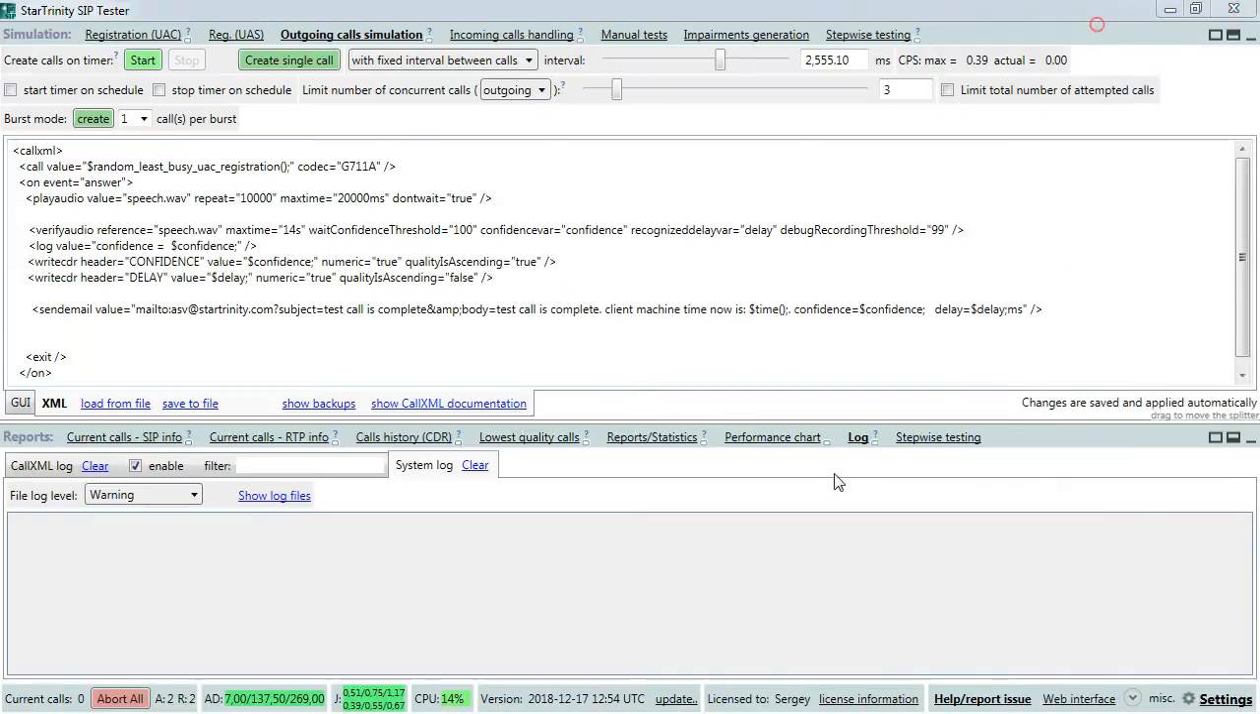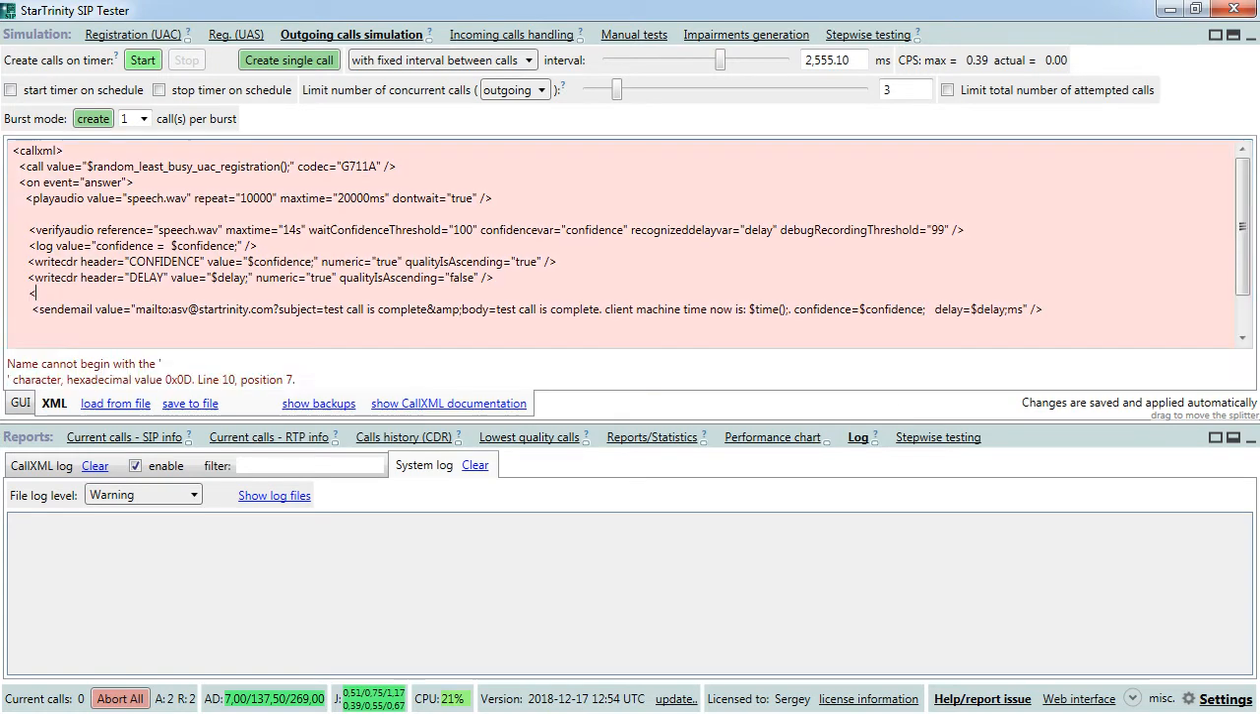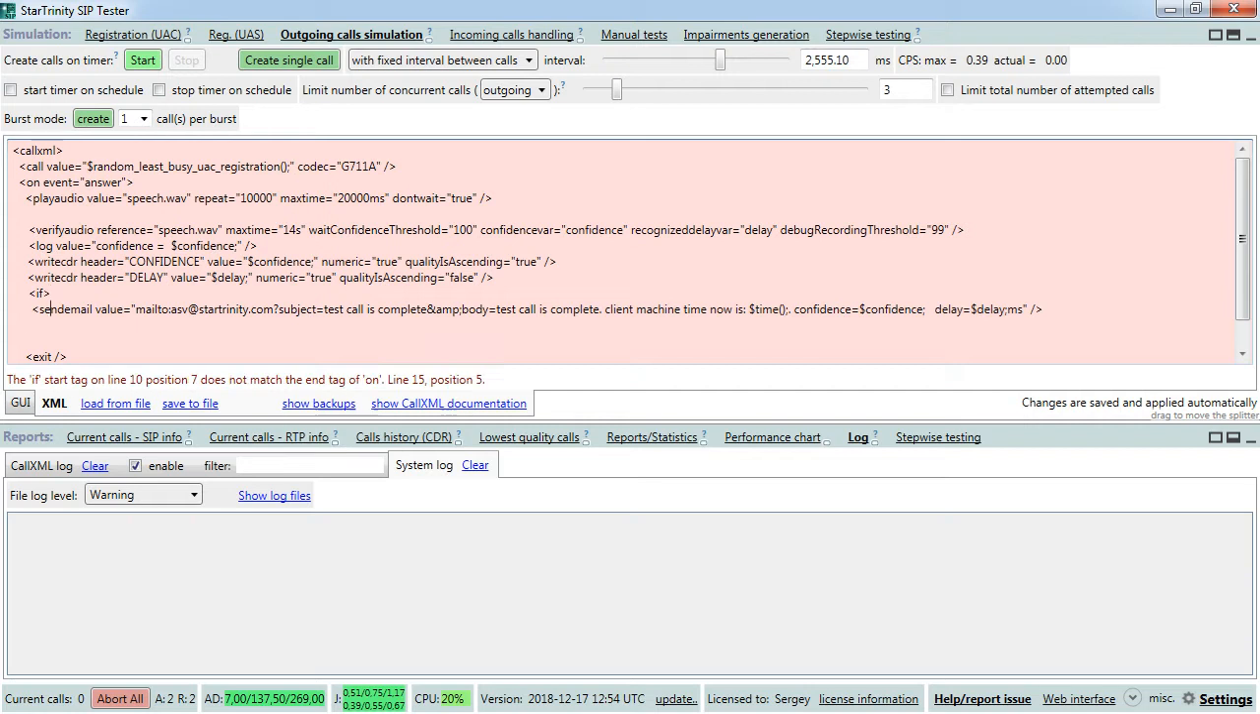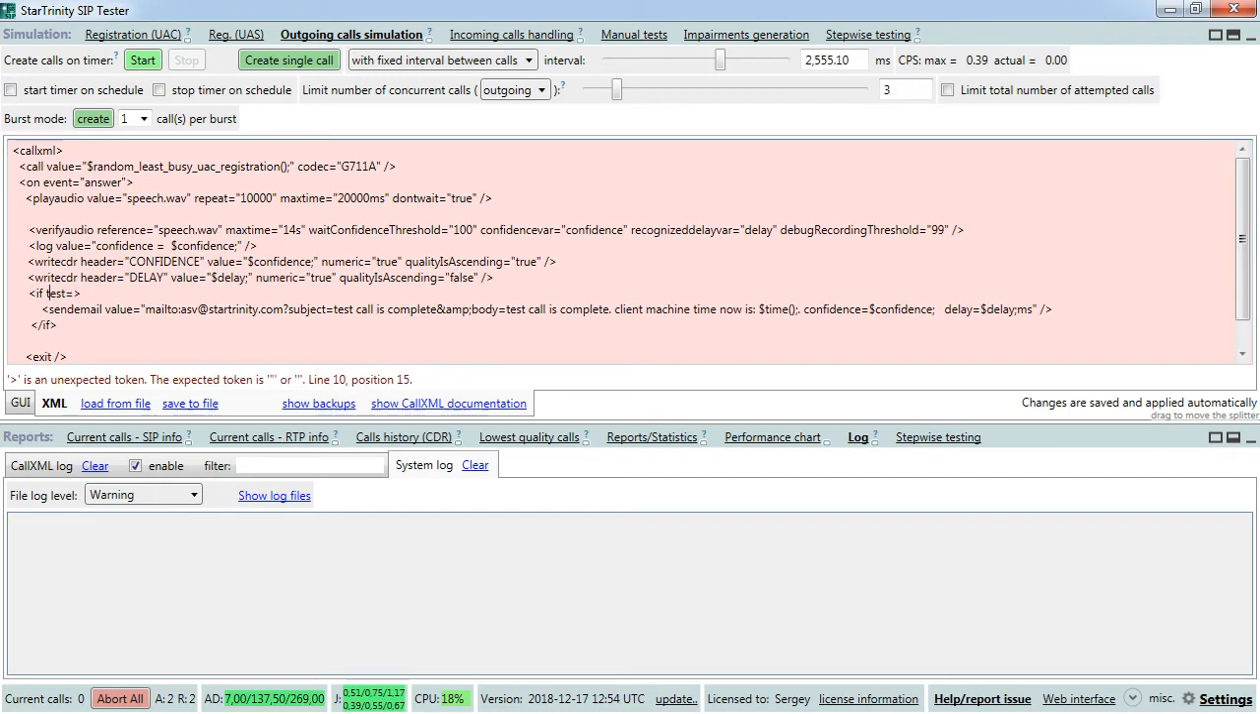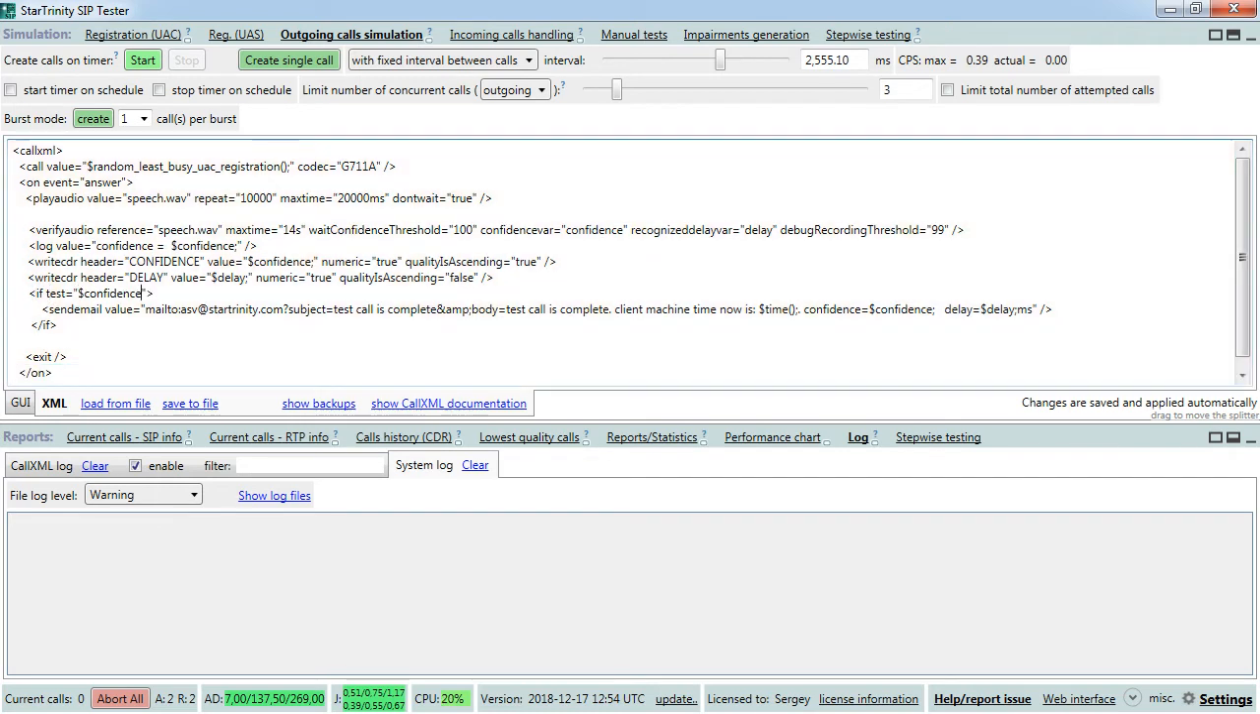I don't want to receive too many emails. I want to receive email only when confidence is bad. And I use if syntax. The if statement exists in any programming language and also in CallXML. If test equals confidence